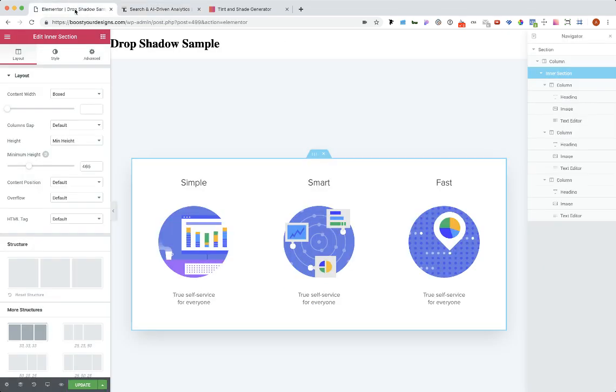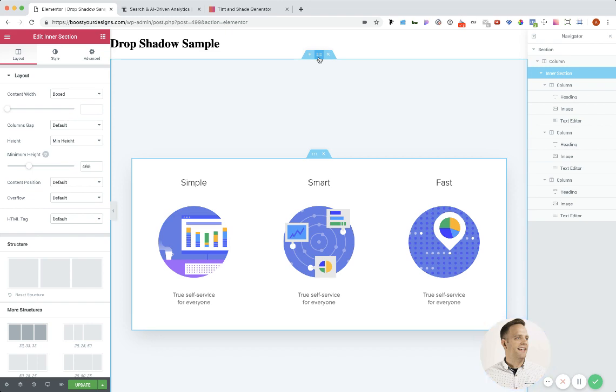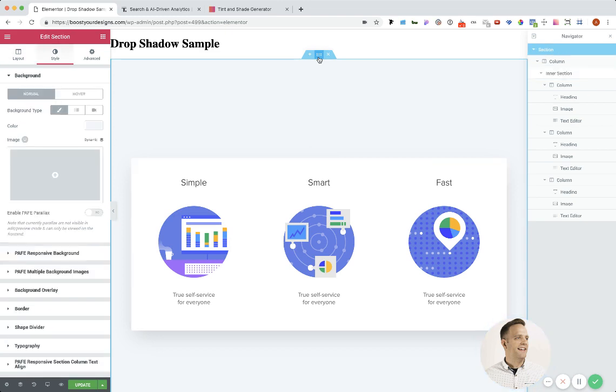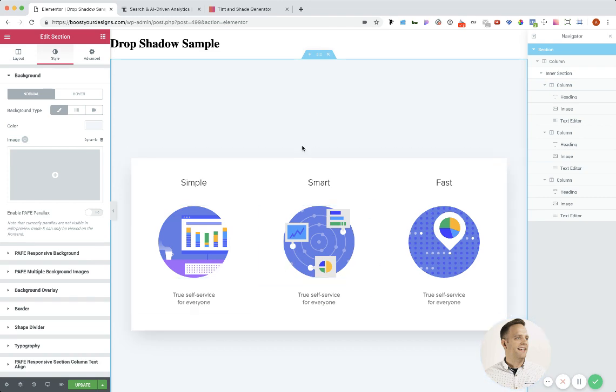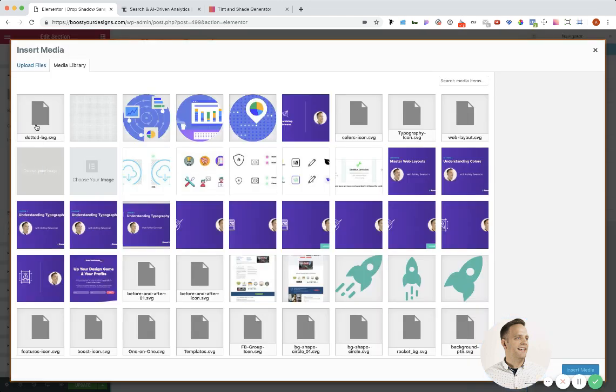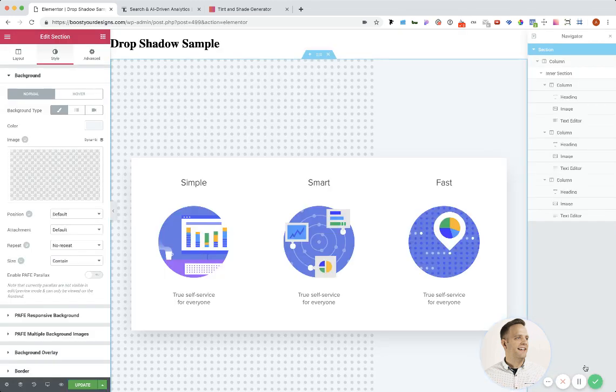So what we're going to do is isolate the section that we want this image to be in. So it's this background one. It's not this nesting set or the nested section here. We're going to go ahead and add an image. I did this as an SVG. You can do it as a PNG, but I'm going to do it as an SVG just because it's going to be a smaller file size and much more crisp and clean looking because it maintains its vector